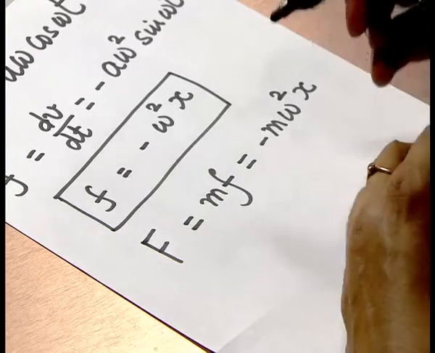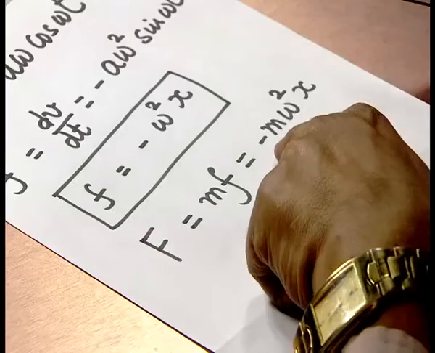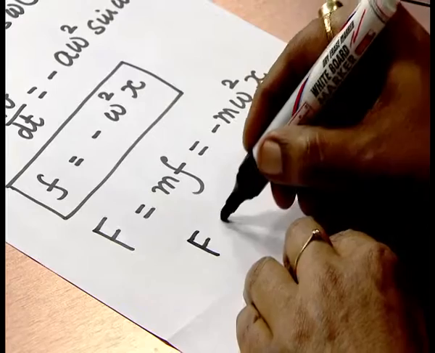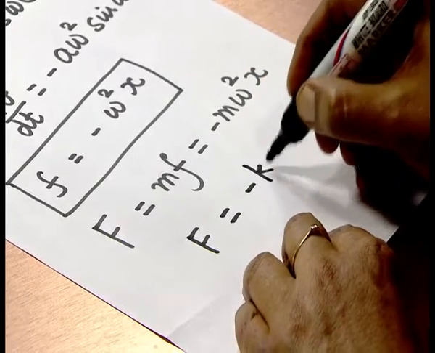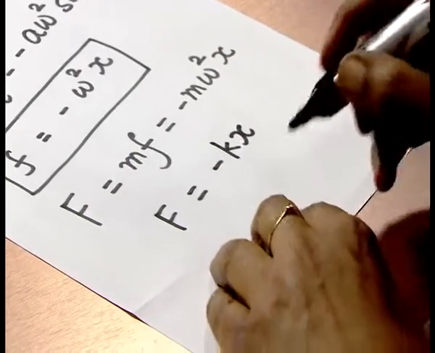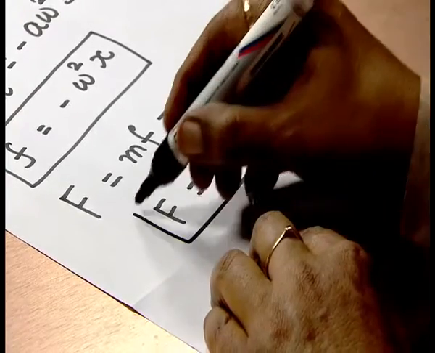So, what happens is that you have removed the oscillator from the mean position, but this restoring force is bringing it back to the mean position. The force is proportional to x, but that does not mean that it goes on increasing. Because of this minus sign, it is getting restored back to the mean position. So, we say that the definition is F is equal to minus kx, and this k is called the force constant. It is given by